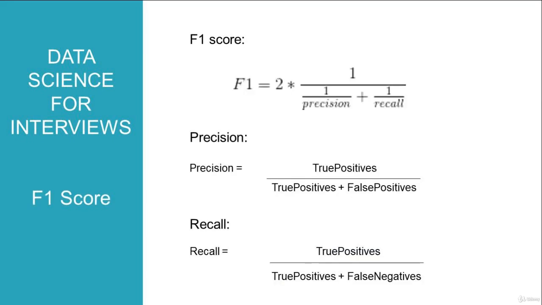Another concept is the F1 score, which is used to measure a test's accuracy. The F1 score is the harmonic mean between the precision and recall. We'll explain the precision and the recall terms. The range for the F1 score is again 0 to 1, and it tells you how precise your classifier is as well as how robust it is. That is, how many instances it classifies correctly and how many times it does not miss a